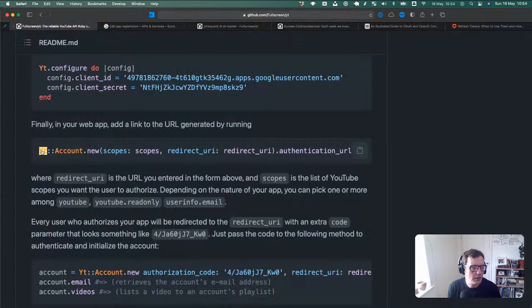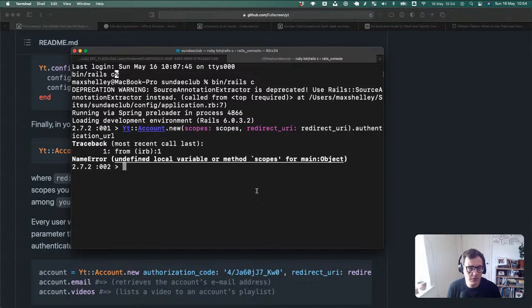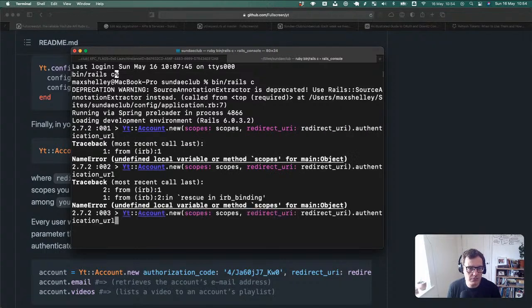Right. So I'm just going to do this in the console and see if it will give us back... Oh, that's handy. They put a copy thing on there. Yeah, I didn't want you to actually run. There we go. So now we can do redirect URI. That's HTTPS localhost 3000.